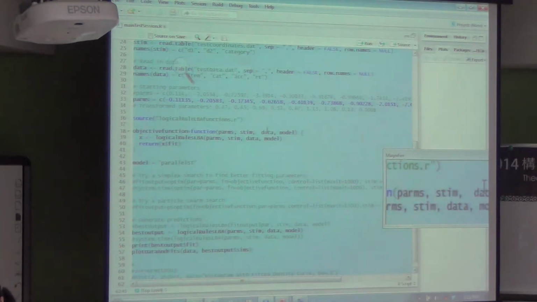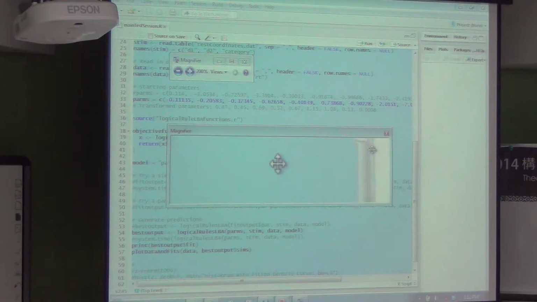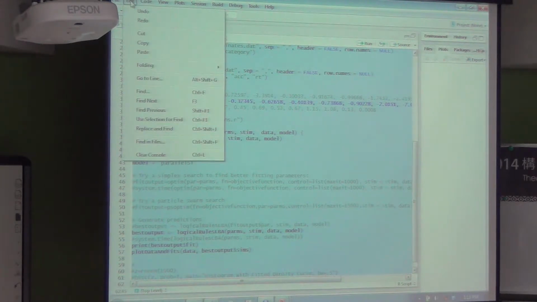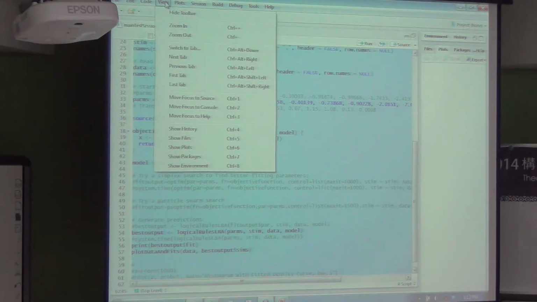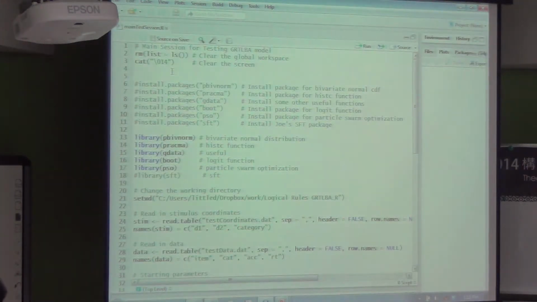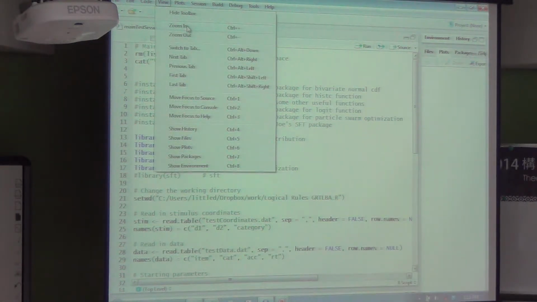Oh, that's a good one. Oh, that's just magnifier. Well, wait, maybe I'll zoom in. Here we go. Yes, that's looking a little bigger. Let's go one more.